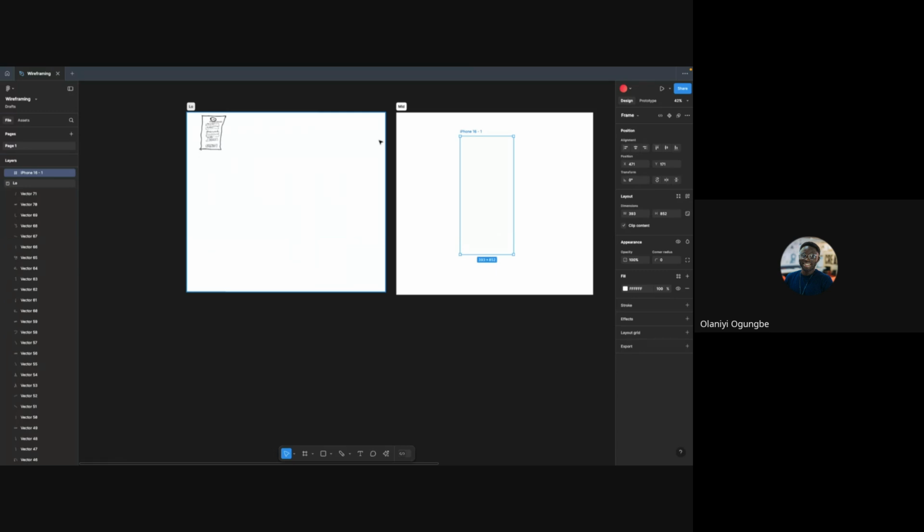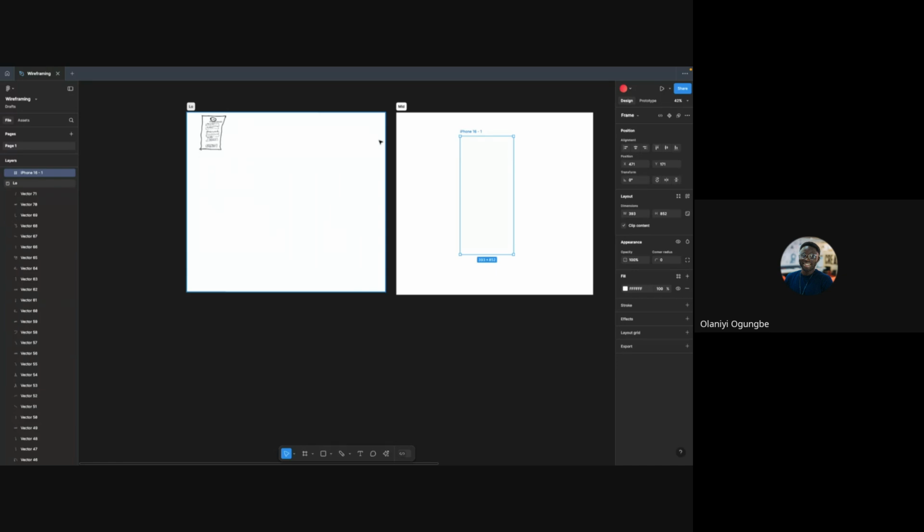And if the sizes are not correct on high fidelity, if your text is supposed to be like 14 pixels and you use 24 or 25 pixels, some developers can be very funny. Even though they know it's supposed to be 16 pixels, they are going to use exactly the sizing you used on your design, and then the design is going to look ugly after implementation.